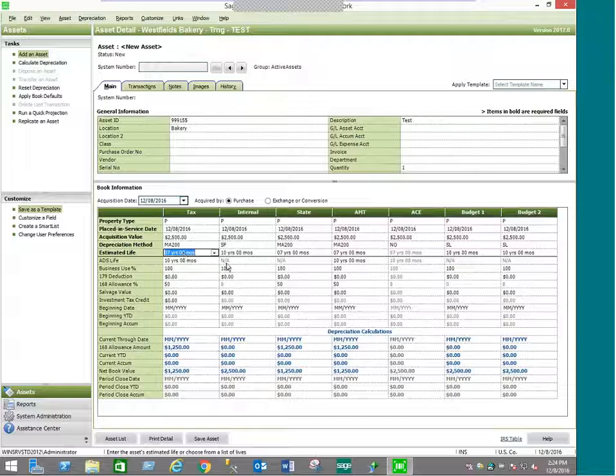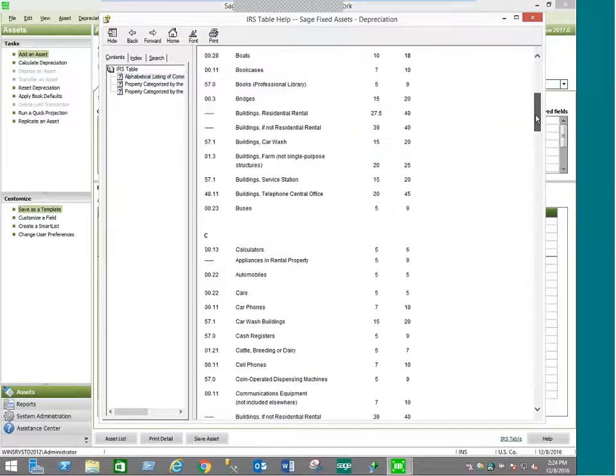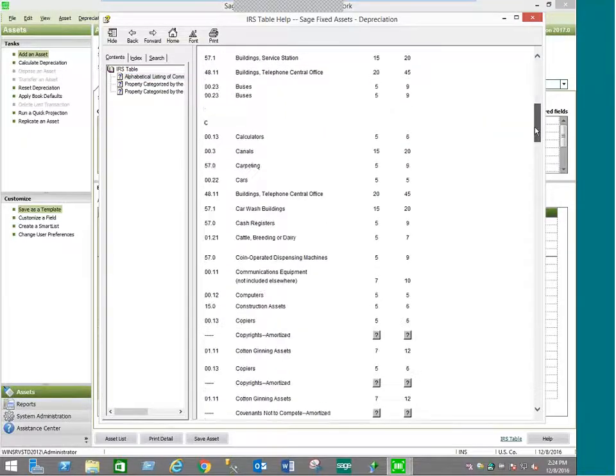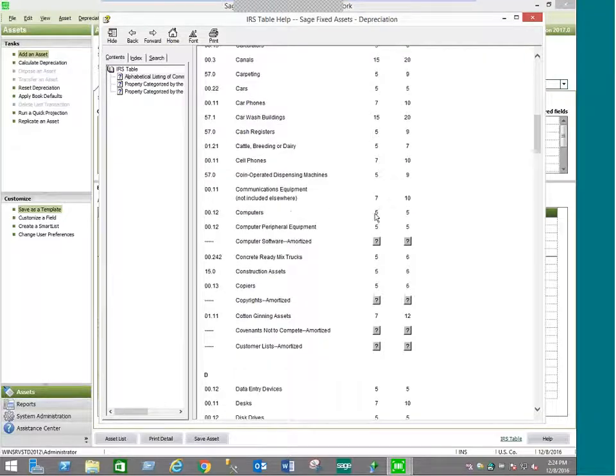Okay, so now with regards to estimated life, based on the type of property, it's going to give you a default of what's applicable for that type, but you can actually choose to change that. And if you're not sure, if you look below here, there's actually an IRS table link that you can quickly go through and take a look at, what is IRS expecting for this particular type of property, like, for example, computers or